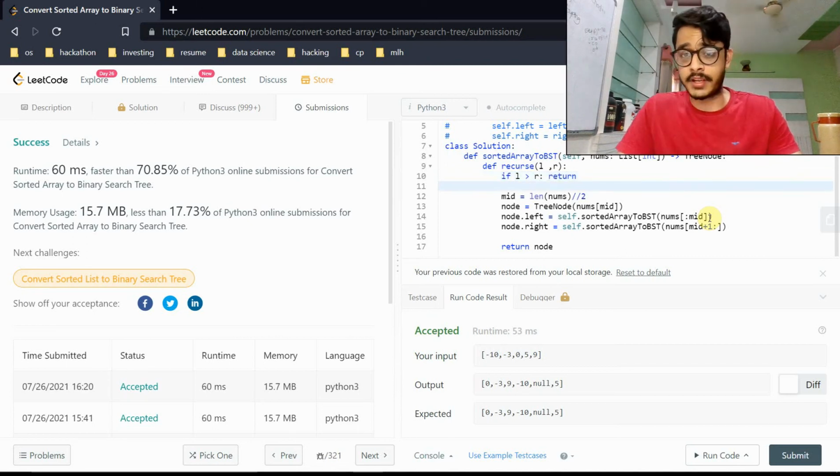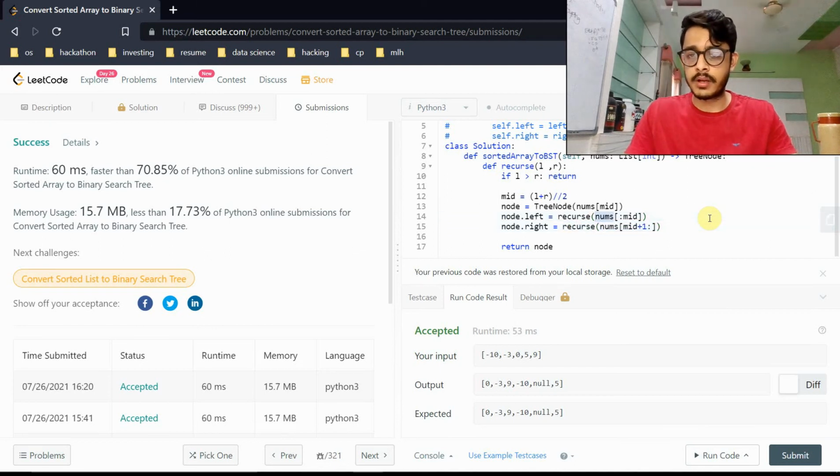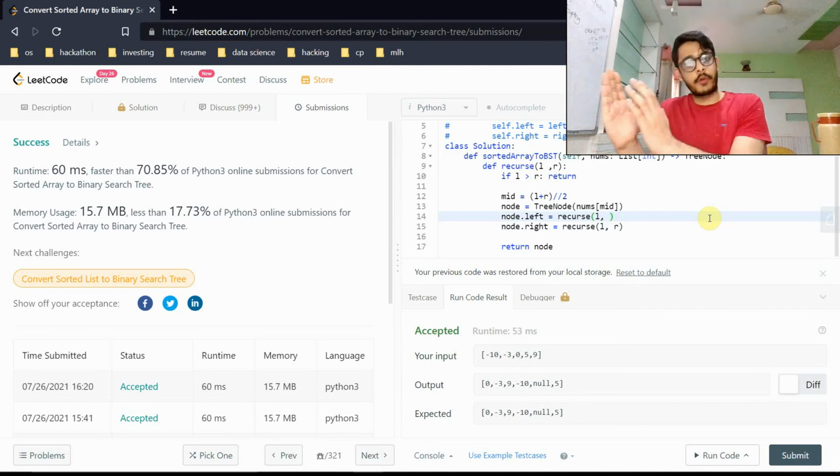Okay, so if left is greater than right, return. We'll find mid the same way. We'll say, okay, get me L plus R by 2, and we'll find the middle element. Find the node, and now this would be recurse. This would be recurse. What do we pass in? We want to pass in left and right, but left and right would just be nonsensical. We actually don't want to go all the way from left up till right.